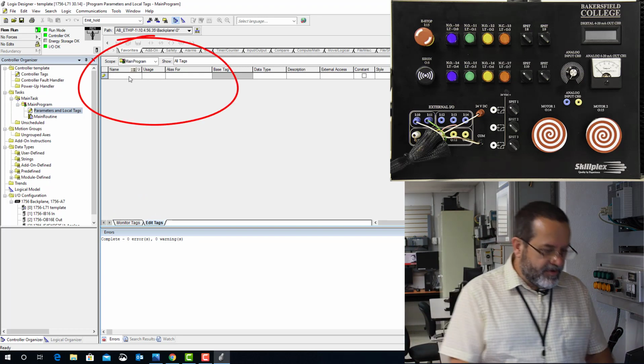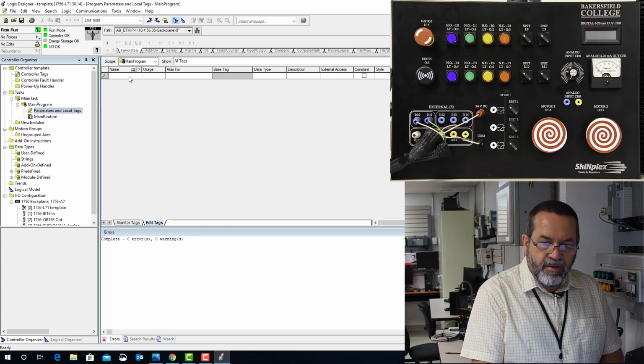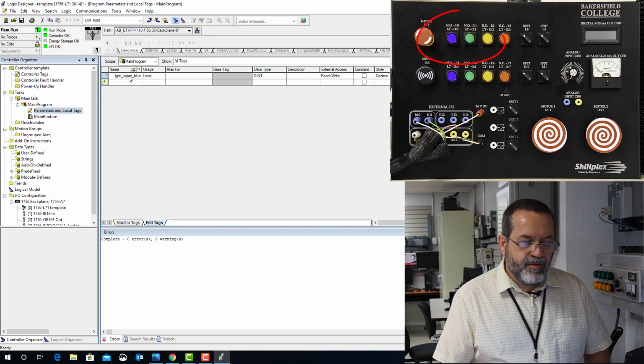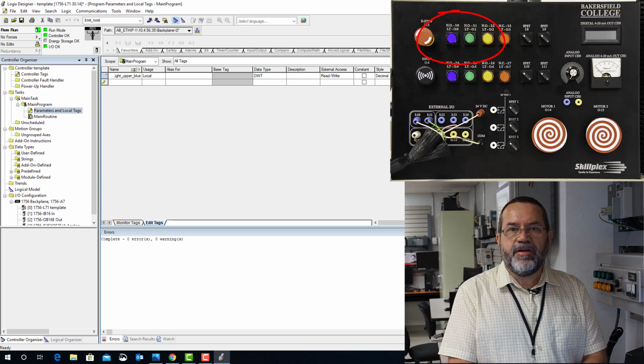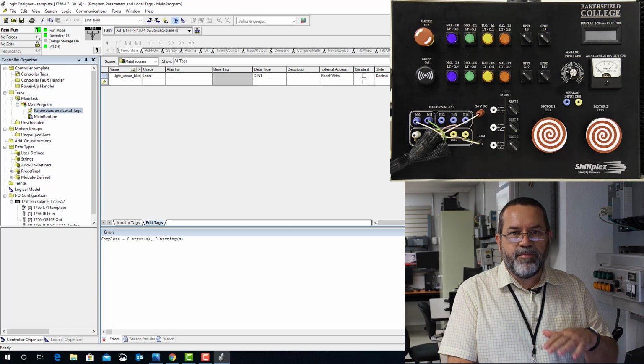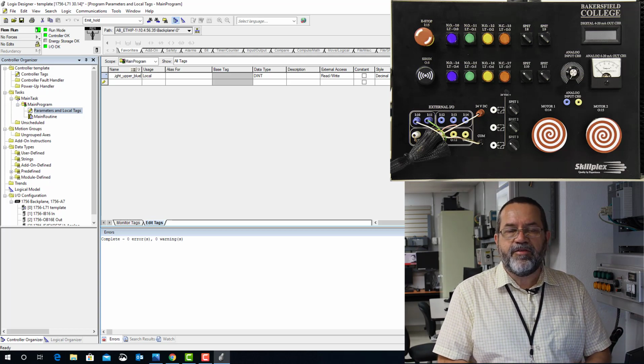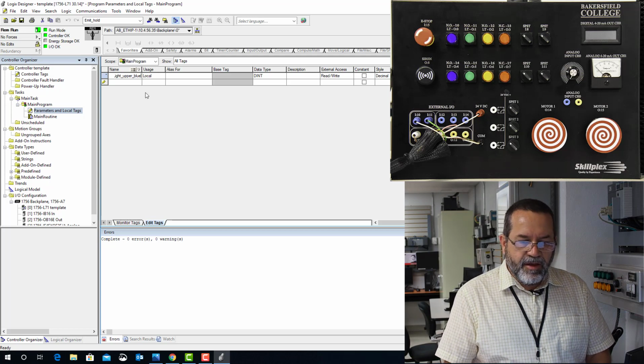So my first one, I'm going to call it light upper blue. So that's my light on the top row. It's a light, it's on the upper row, and it's blue. So I know exactly which light that's going to be. And that's my alias for,